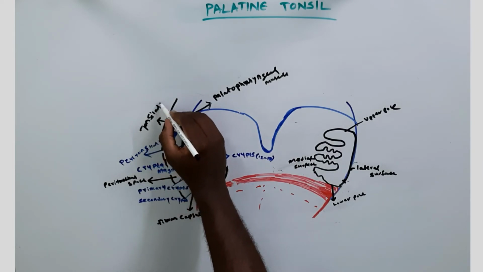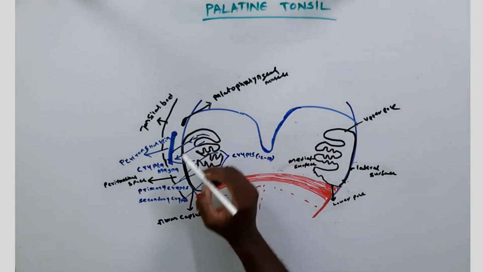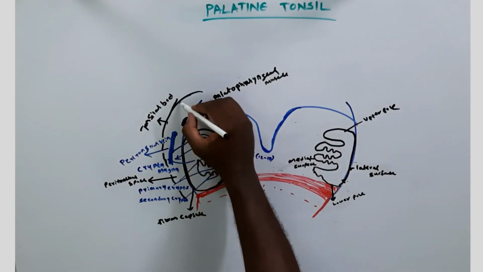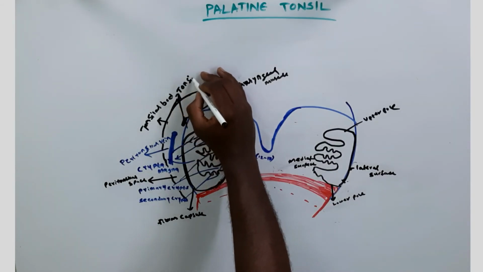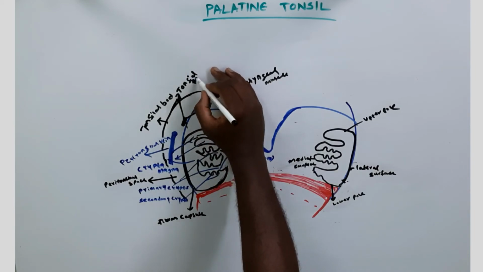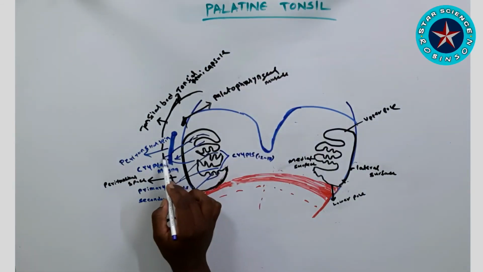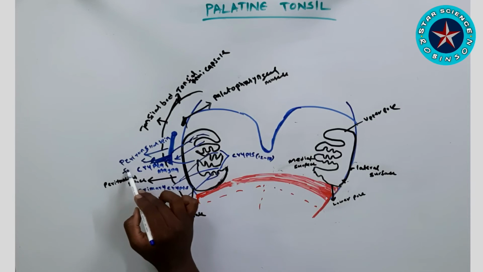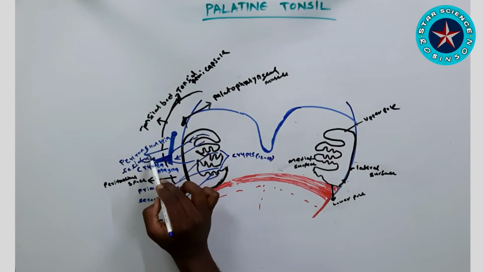So now once again we can remember, in between your fibrous capsule and tonsillar bed we can find the peritonsillar vein, which is present in the peritonsillar space. Now we have to look into another part of our palatine tonsils. It is called the tonsillar hemicapsule, the lining of the lateral palatine tonsil, and at the same time the tonsillar bed. Now we can see the next phase of the connection of your peritonsillar vein, that is called the facial vein.